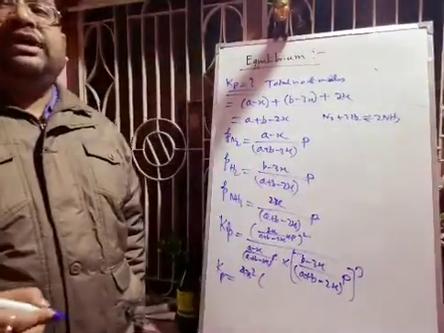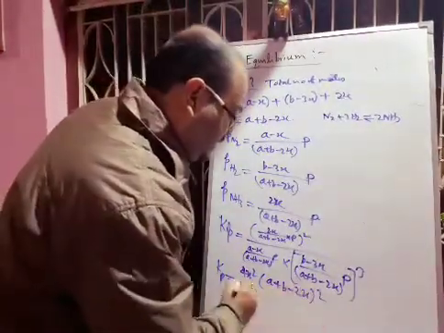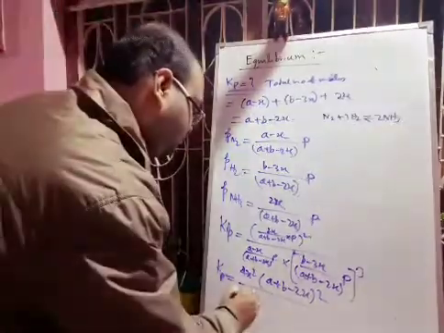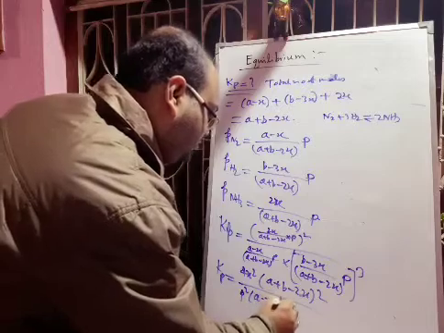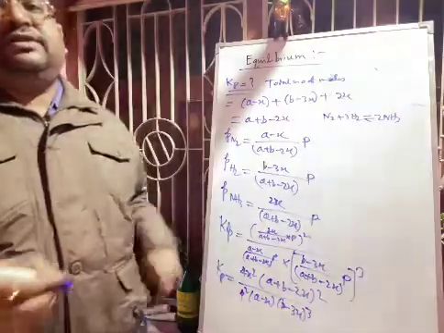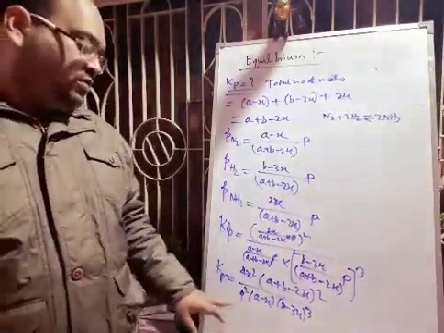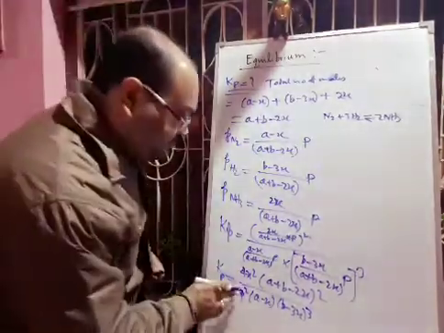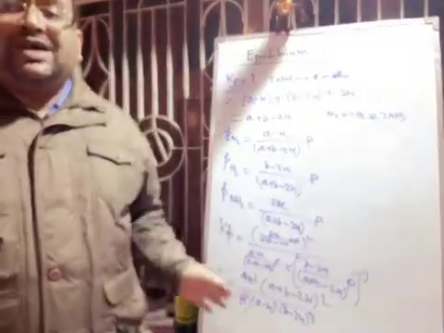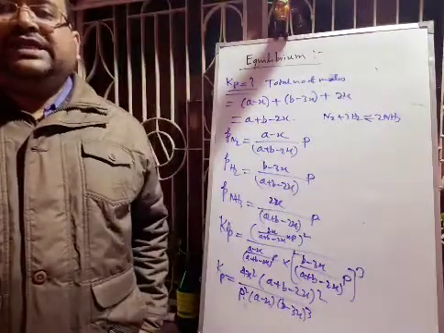Now if you calculate this equation, you will get an equation like 4x square into A plus B minus 2x whole square divided by P square into A minus x into B minus 3x whole cube. This equation you will get. So here the equilibrium constant is inversely proportional to the square of the pressure, since P square is given. So now what will be the effect of changing the pressure?